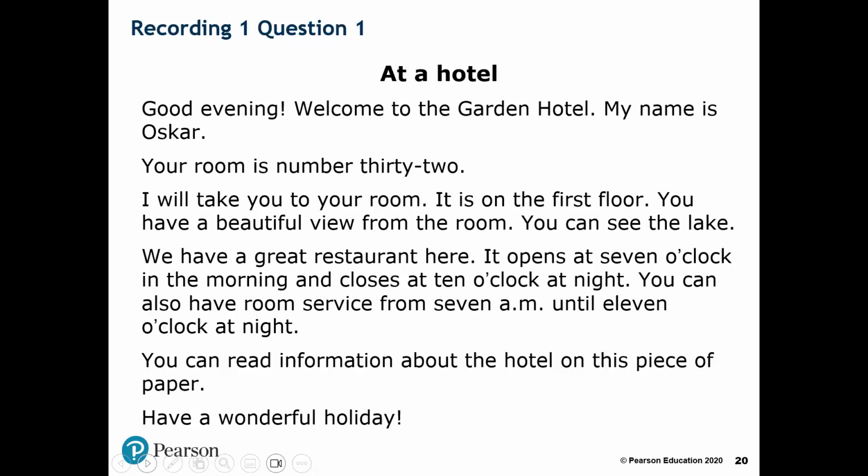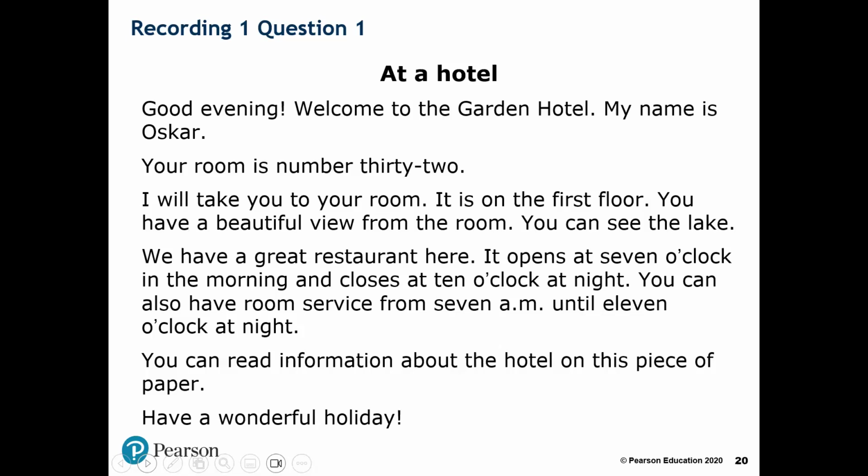So let's have a little look through, and we're going to have a look at recording 1, question 1. So we see here the transcript, and this is what students are going to hear. Again, it can be useful to work with transcripts because one of the things that students struggle with, as we all know when you learn a language, is finding the spaces between the words. It all seems to become one. And so it really can be quite useful to work with the transcripts. And they're also a kind of guide to help students with speaking and writing as well.